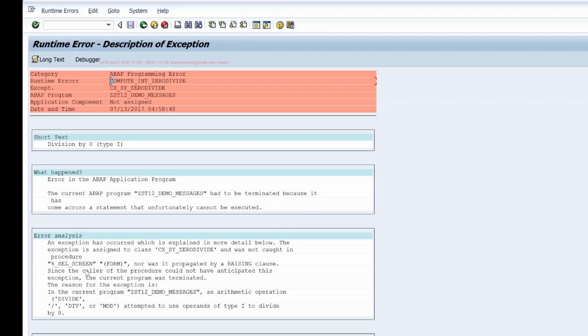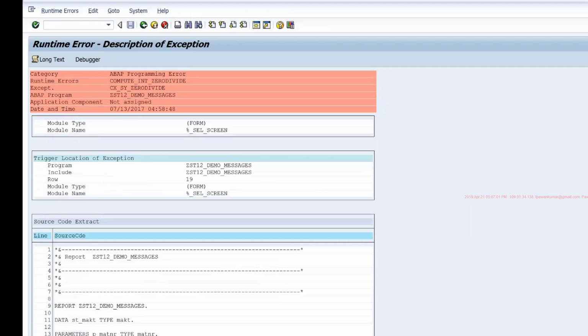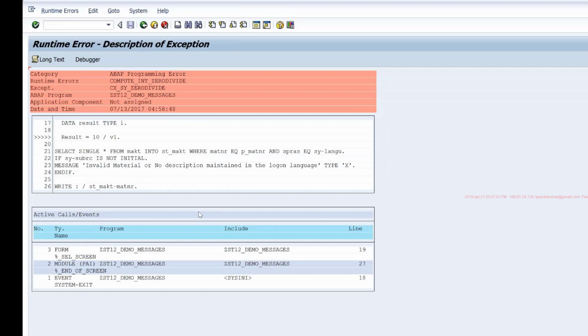So an exception has occurred. The reason for the exception is in the current program, an arithmetic operation divide attempted to use operands of type I to divide by 0. So since anything by 0 is not possible, it is raising a runtime error.